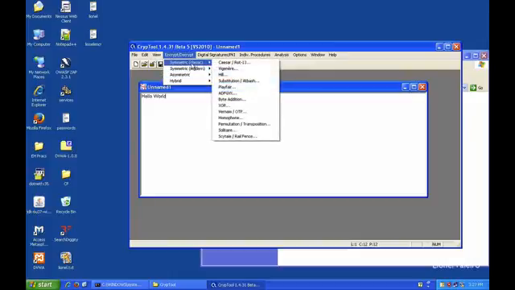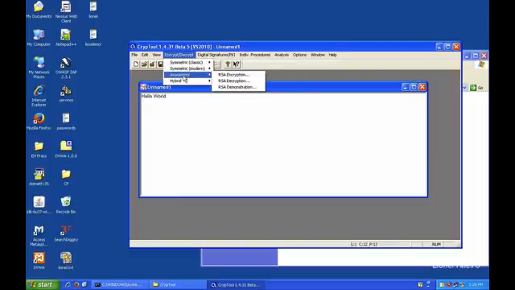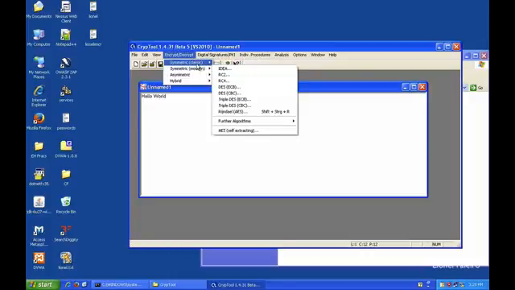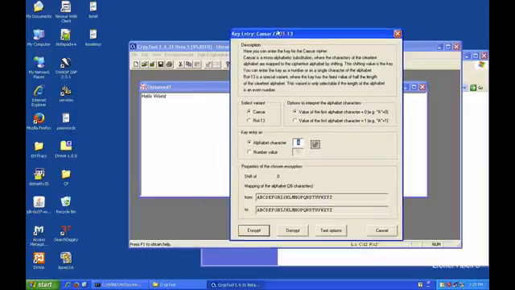We have symmetric, which is classic encryption. We have symmetric modern encryption. We also have asymmetric type of encryption over there. Depending upon the algorithm we are interested in using, we can go to the different algorithms and try it out. For example, if I want to work with Caesar cipher, and I click on Caesar cipher, it